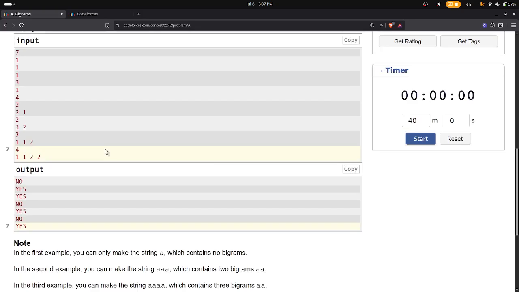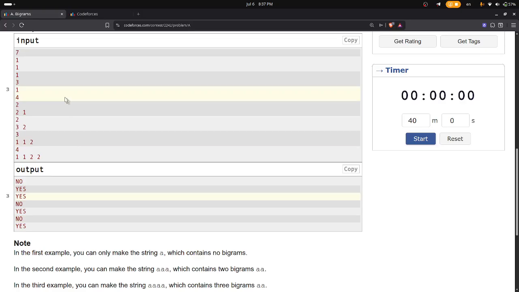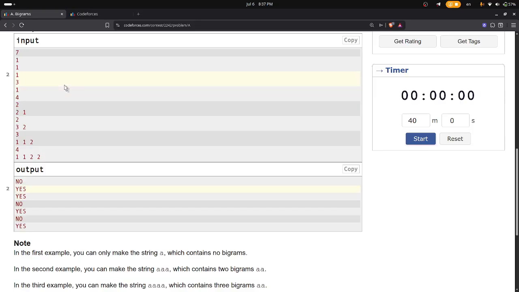We just need to use... it's not possible. Why? Because we have AB and CC. Yeah, it's not possible. So to make the biggram, we need